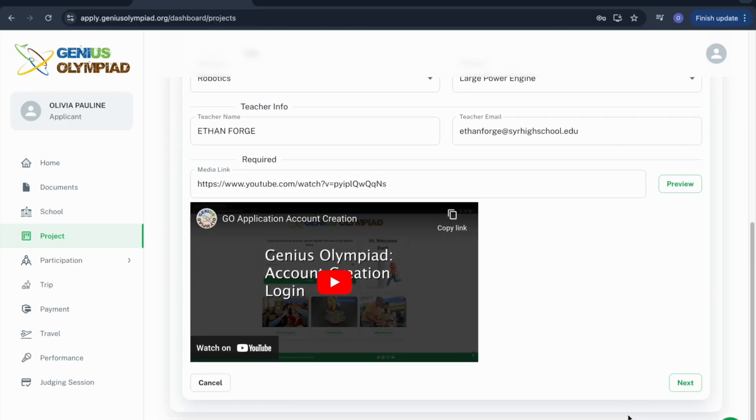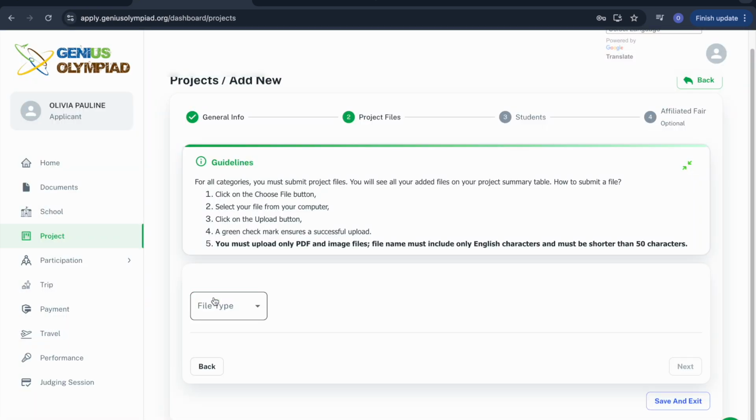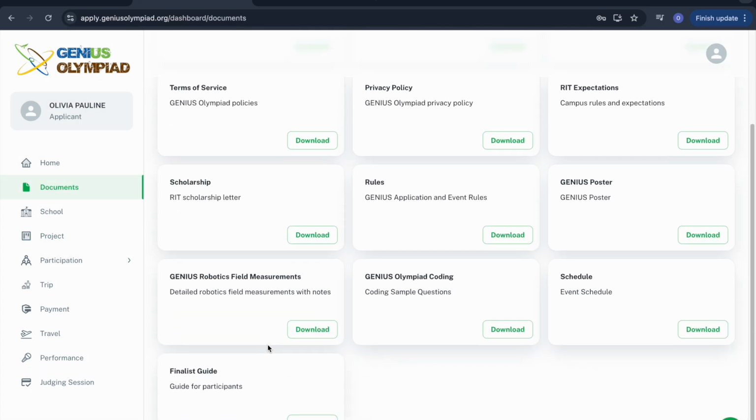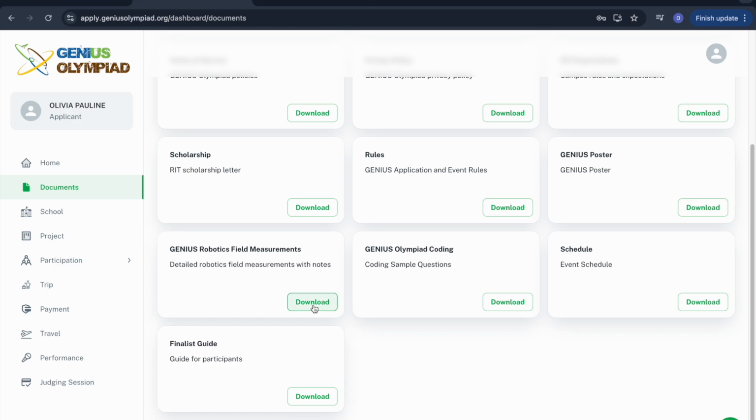You can check if the link works by previewing it in the Preview section. Then, proceed to the next page. Click on Add File and select Design Document I. To get more information about this document, you can download the Genius Robotics Field document from the Document section to